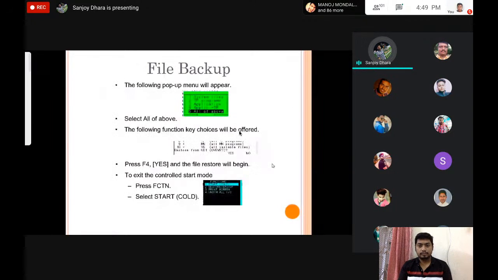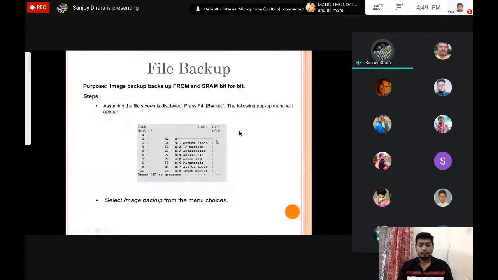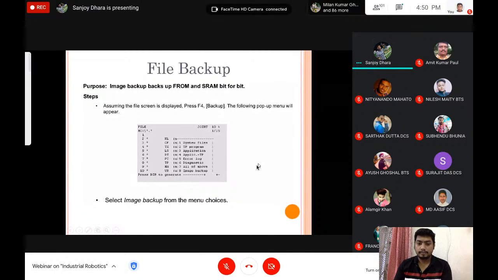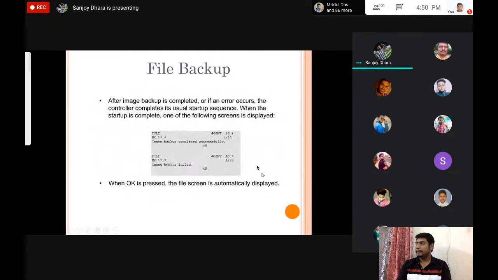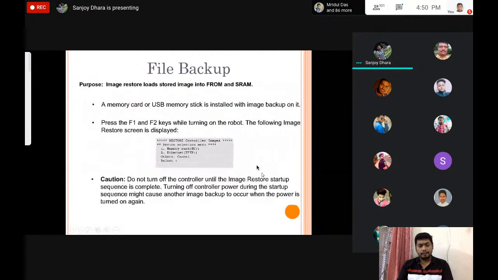Different types of backups you can see here. I'm just giving you some images. Image backup from ROM and SRAM bit for bit. Here you can see